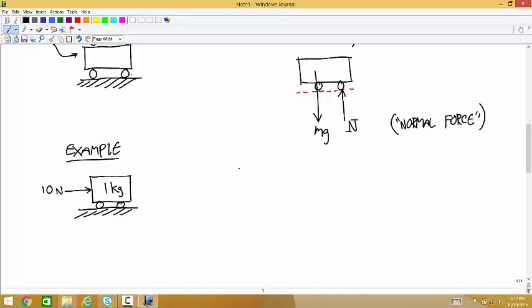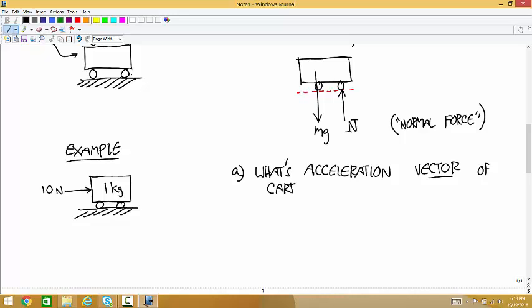And we want to figure out two things. First, what's the acceleration of the cart? And specifically, let me just say this explicitly, what's the acceleration vector of the cart? And then second,